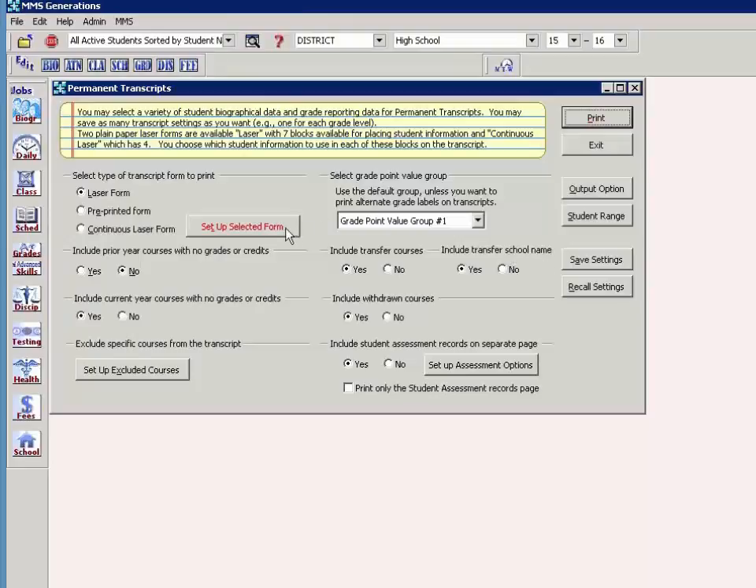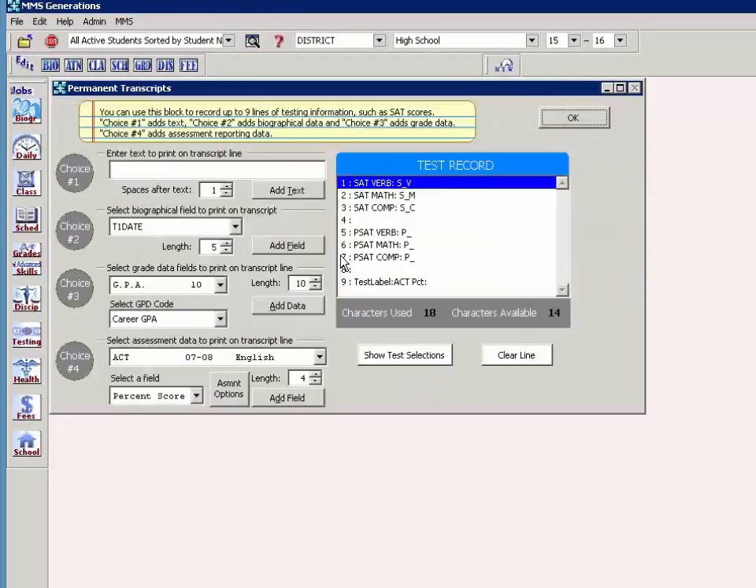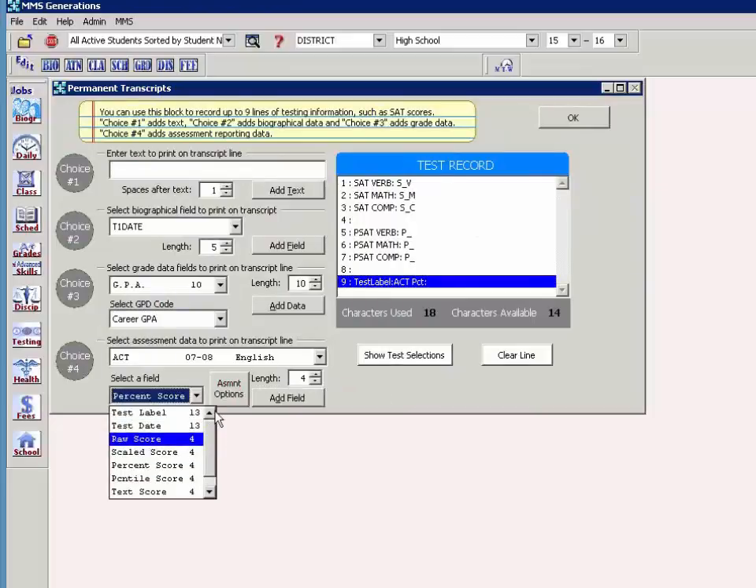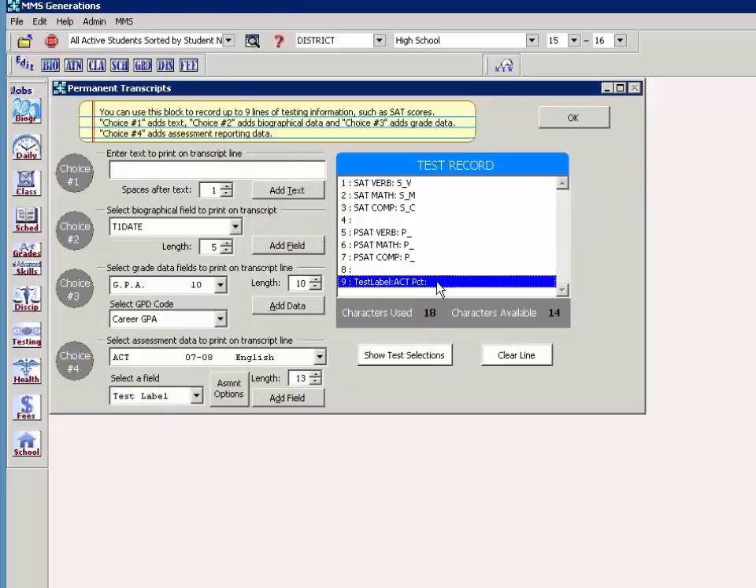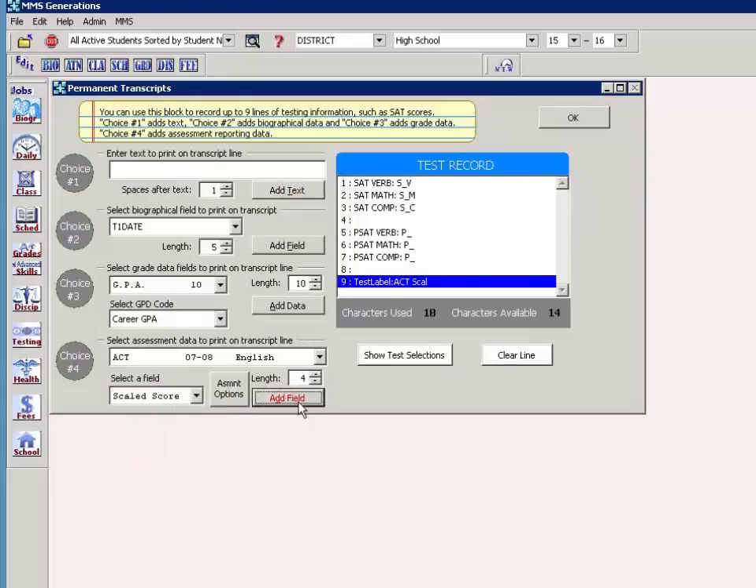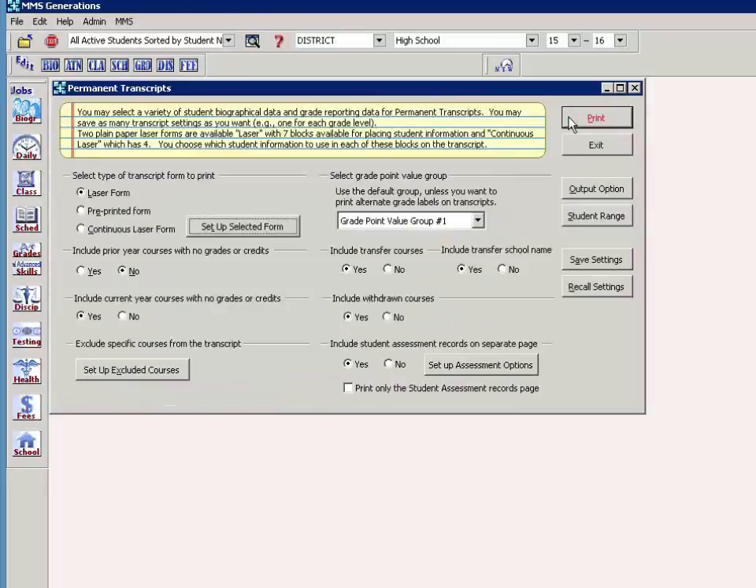All of this, actually, let me go fix that score in the test record. So I'm going to do the test label again. I'm going to clear it. I'm going to add the field, add a space, and then put in the scaled score. And I want to add that in. So when I print again,